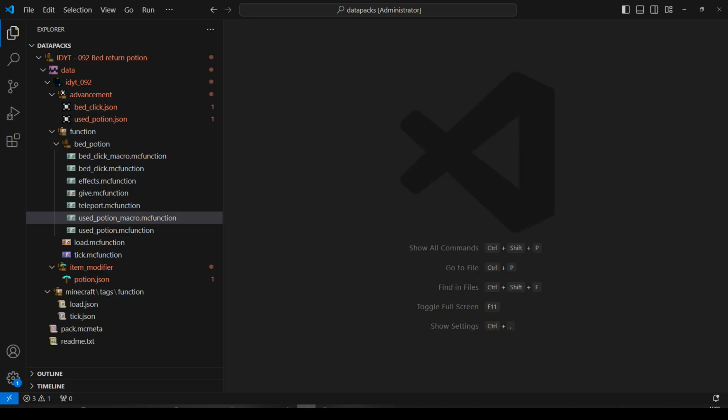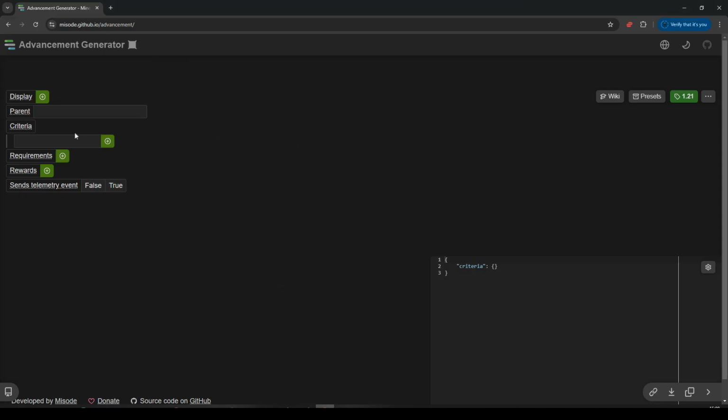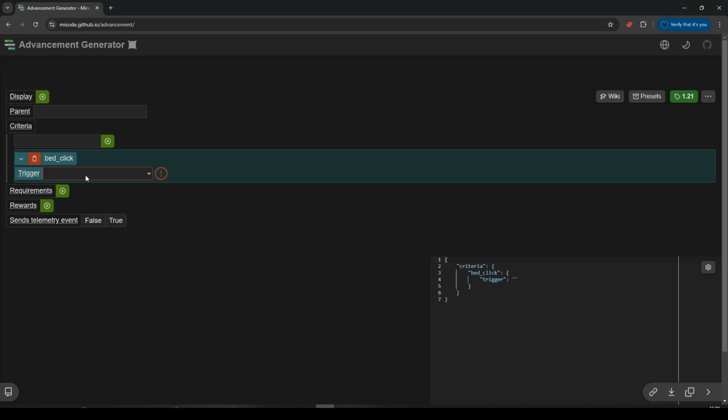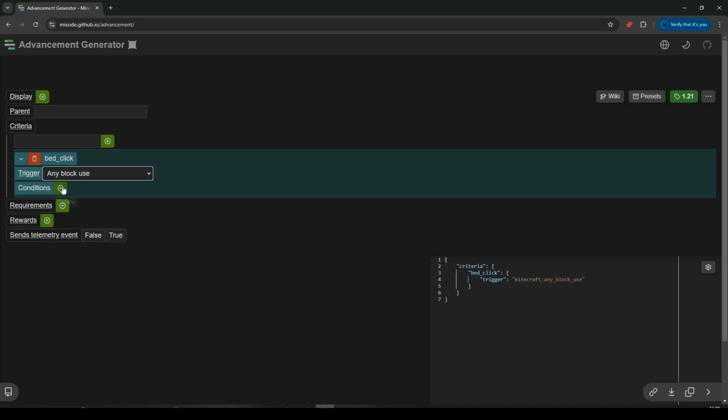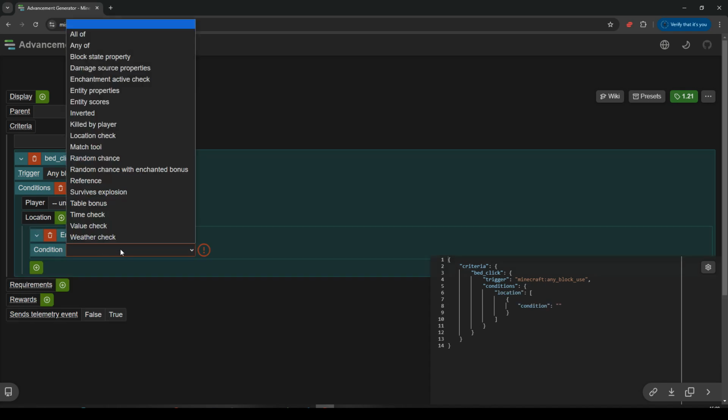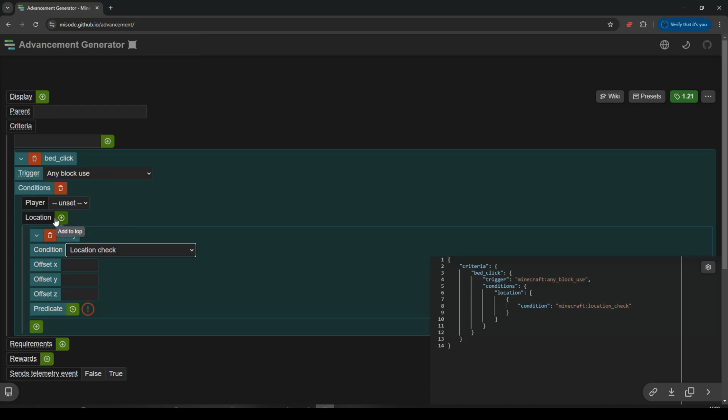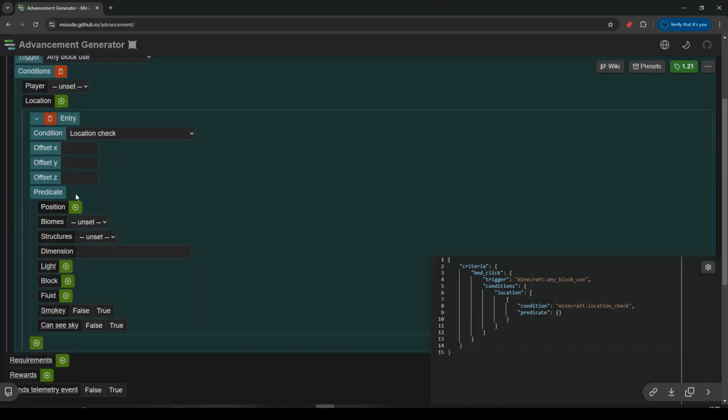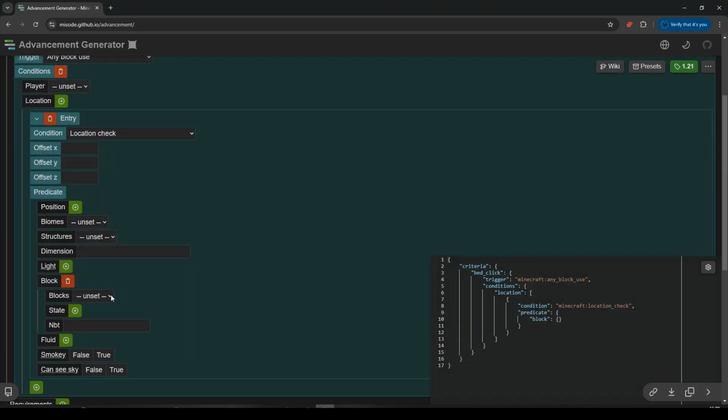Okay, let's do the advancement for when we click on a bed with that potion. So let's go over to Misode. Criteria. I don't know, let's call it bed click. That'll do. Trigger. Any block use. Conditions. Let's have a location check. Location. And the condition for the location check. Well, we'll have a location, and the condition for the location will be a location check. Sorry, a bit confusing. Predicate there, we will go for a block, and the block we will have will be